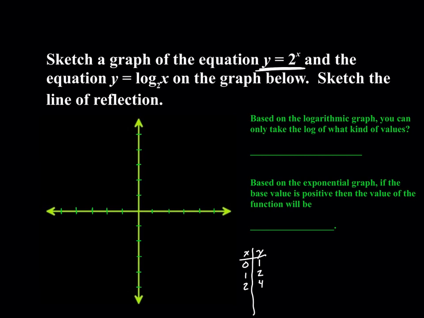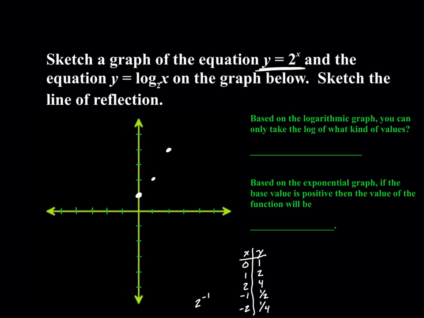Now I also want to plug in some negative values. So 2 to the negative 1. Remember that a negative exponent tells us to flip this, so it becomes 1 over 2 to the first power, or 1/2. Negative 2 would be 1 over 2 squared, which is 1/4. So plotting these points, we have (0, 1), (1, 2), (2, 4),